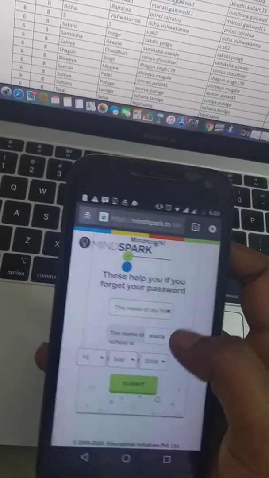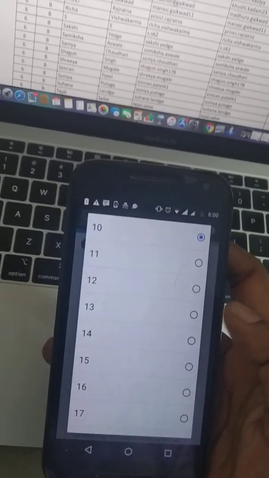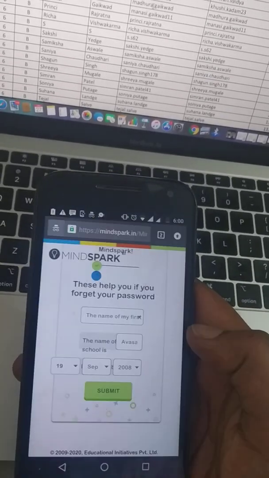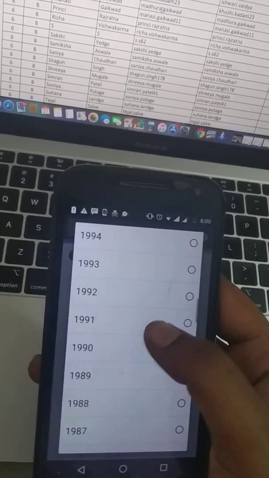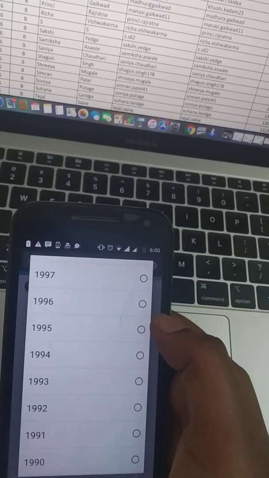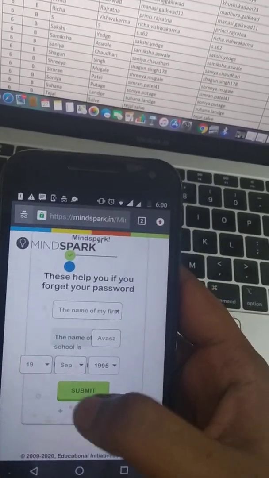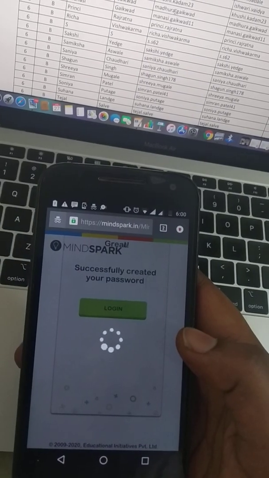I typed Avasara. Now they are asking for my date of birth. For me, I am keeping it as 19 September 1995. Yes, I'm very old. So that's fine. After keeping the date of birth, I'm going to click submit.